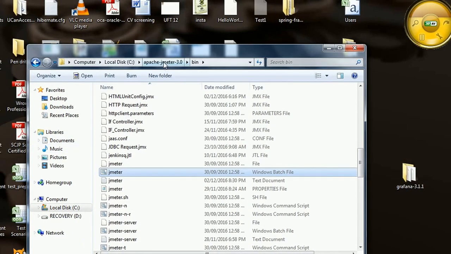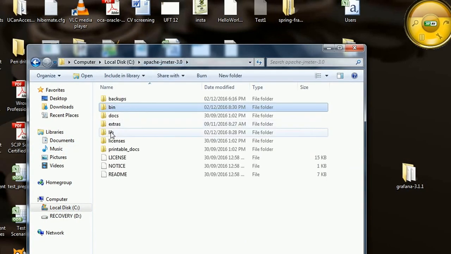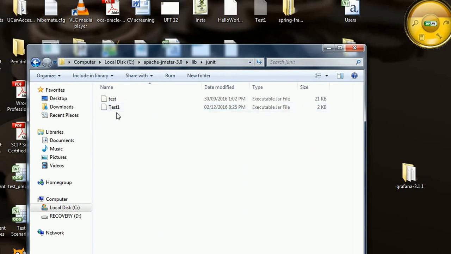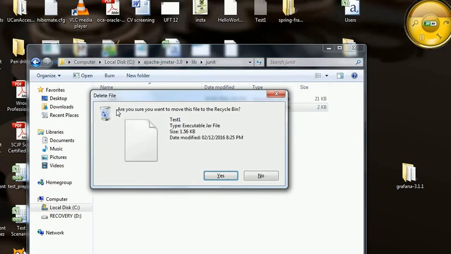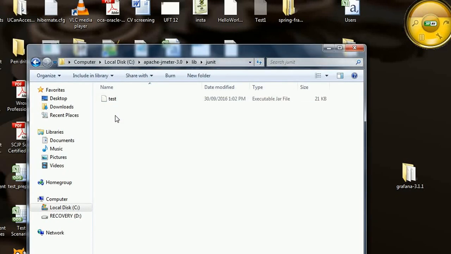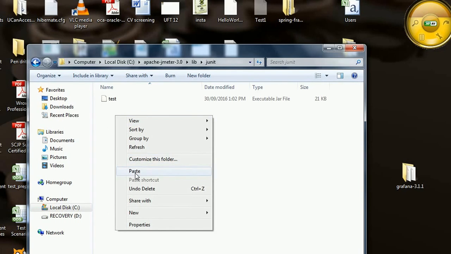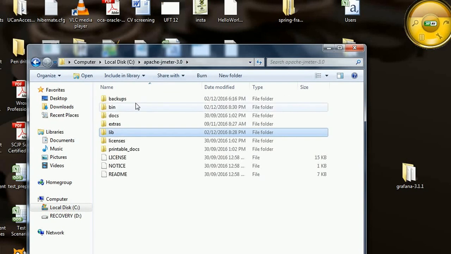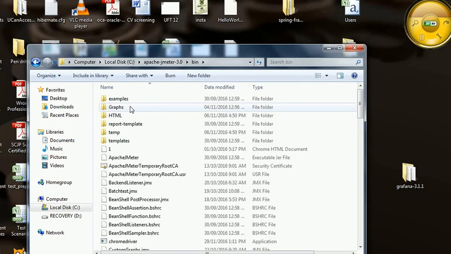duplications. Just go to JMeter, as in the earlier video, go to lib, go to JUnit, and delete this one. Okay, and paste the file over here. So now everything is all set. Go back to the bin folder and open a new session of JMeter.